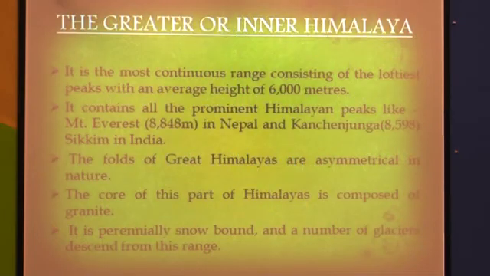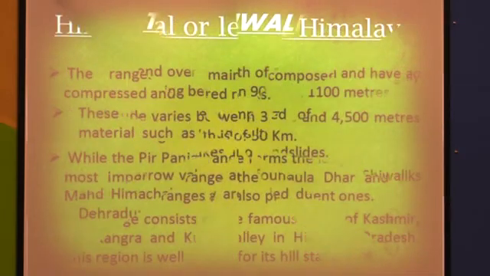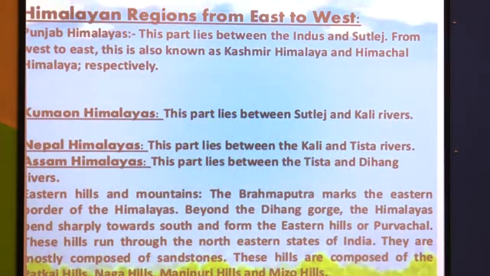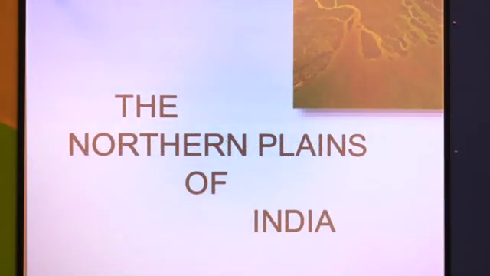So students, today we are going to study our next physical feature. Okay, so next physical feature means what? When we come to the southern side of Himalaya, the lower part of Himalaya after Shivalik, the northern plains are formed by three major rivers: Indus river in the western part, Ganga river in the central part, and Brahmaputra river in the eastern part of India.